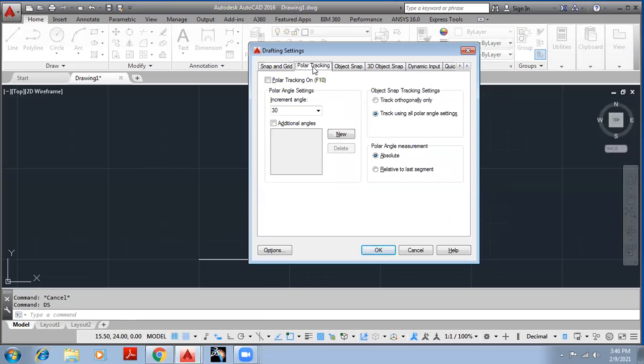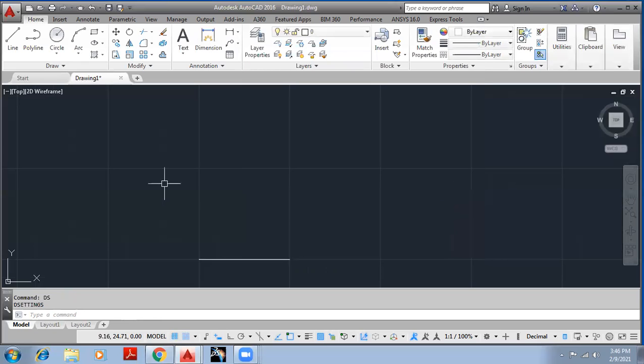द नेक्स्ट इज ट्रैकिंग और पोलर ट्रैकिंग। सो व्हाट डज इट मीन बाय पोलर ट्रैकिंग? पोलर ट्रैकिंग में क्या करते हैं? एंगल सेट करते हैं। ठीक है, ठीक है। सपोज सो